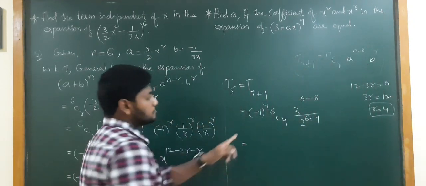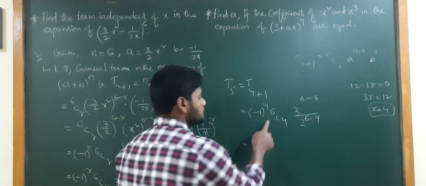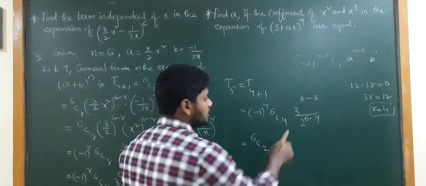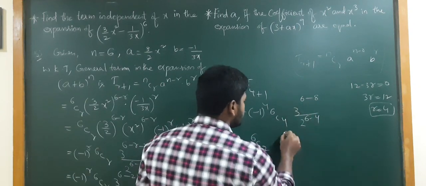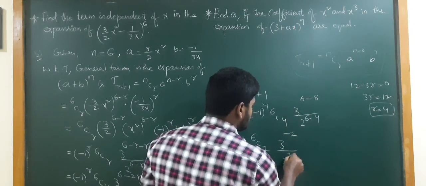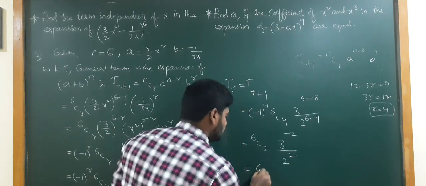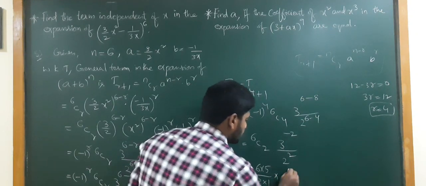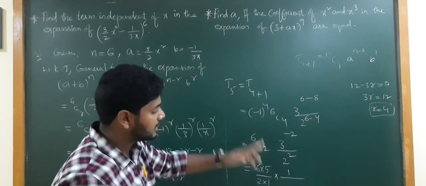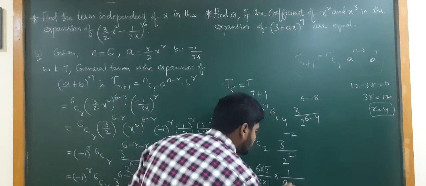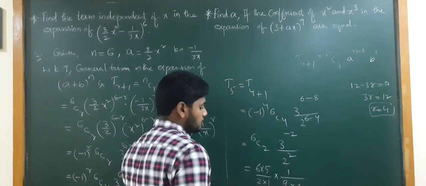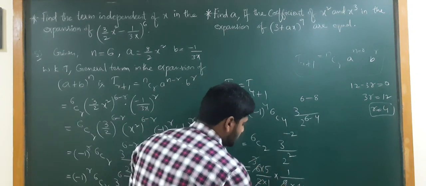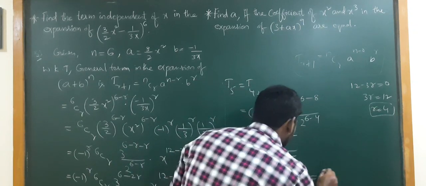If you simplify this, (-1) to the power of an even number is positive, so this is 6C4. 6C4 is also equal to 6C2, right or not? Next, 3 to the power of 6 minus 8 is minus 2, divided by 2 to the power of 2. So how do we find the value of 6C2? 6 you decrease 2 times, 2 also decrease, 2 into 1 into 1, divided by 3 to the power of minus 2, we can write 1 by 3 square. 1 by 3 square, the value is 9, into 2 square, the value is 4. So here 2 ones, 2 threes, 3 ones, 3 threes. So it will be equal to 5 by 12.